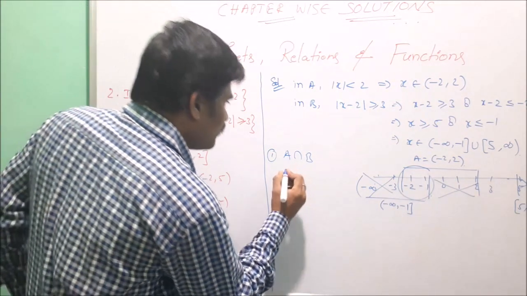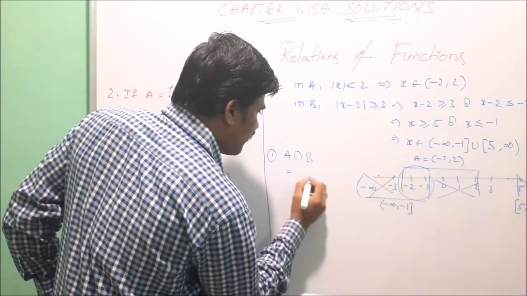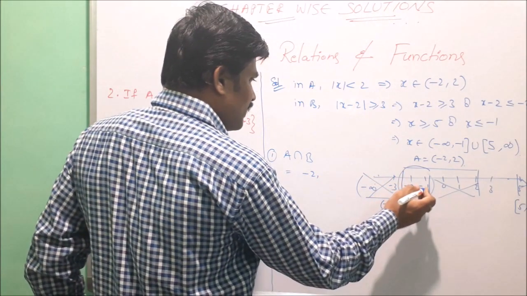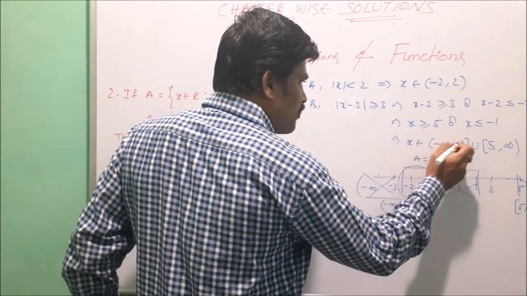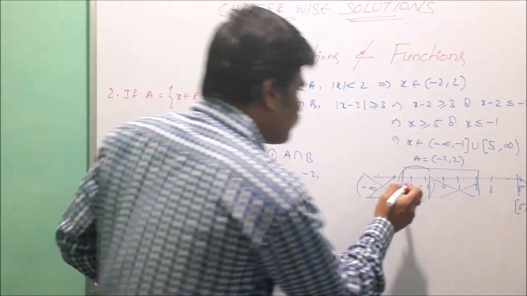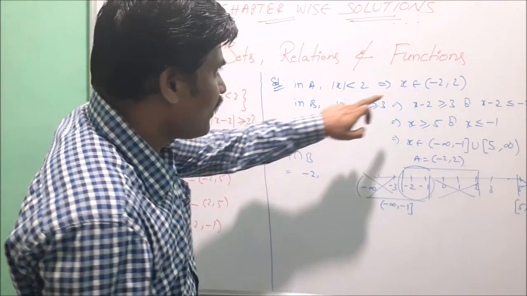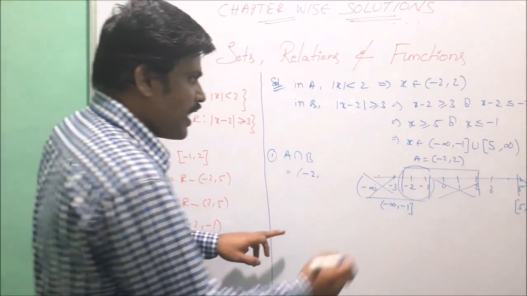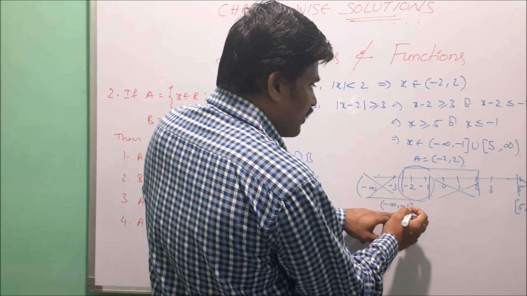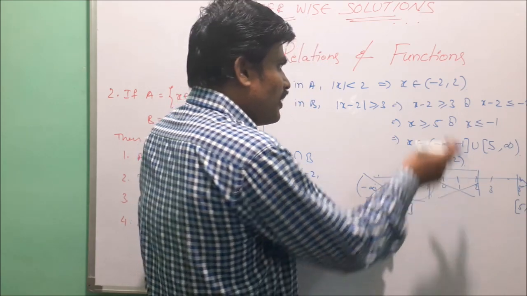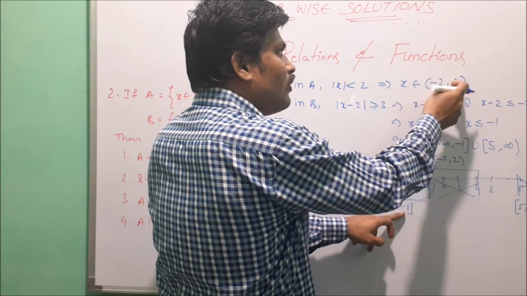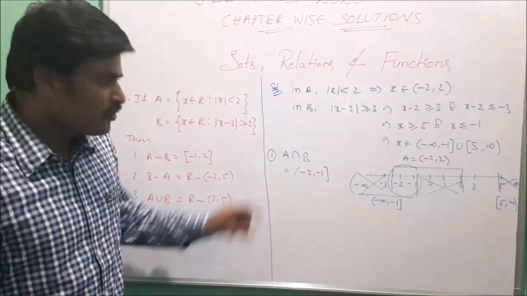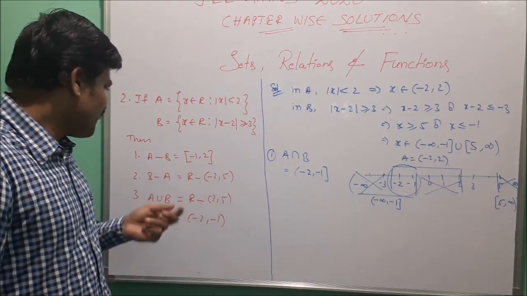Here we take the lower limit as minus 2 to minus 1. Already in B, it goes up to minus 1. Now here A is minus 2 to plus 2, an open interval at minus 2. Also in B, minus 1 is included. In the set minus 2 to 2, minus 1 is already included. Now here we take minus 1 closed. So this is the interval for A intersection B.